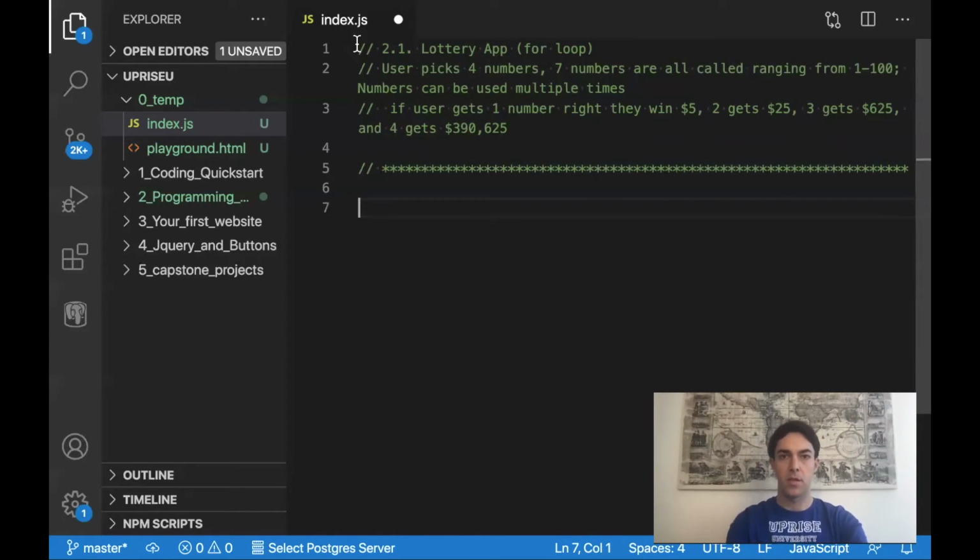So this app's going to allow the user to pick 4 numbers. Some numbers are going to get called ranging from 1 to 100. Numbers can be used multiple times. If the user gets one number right, they win $5, 2 is $25, 3 is $625, and 4 is $390,625. All right, so the first step that this program is going to do is get the